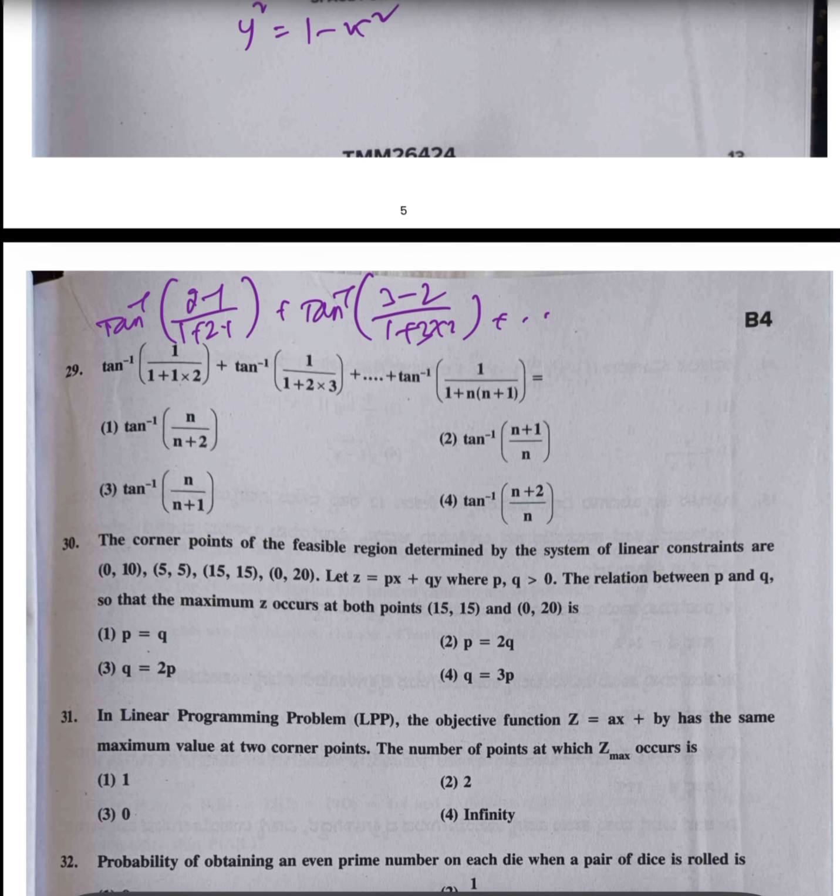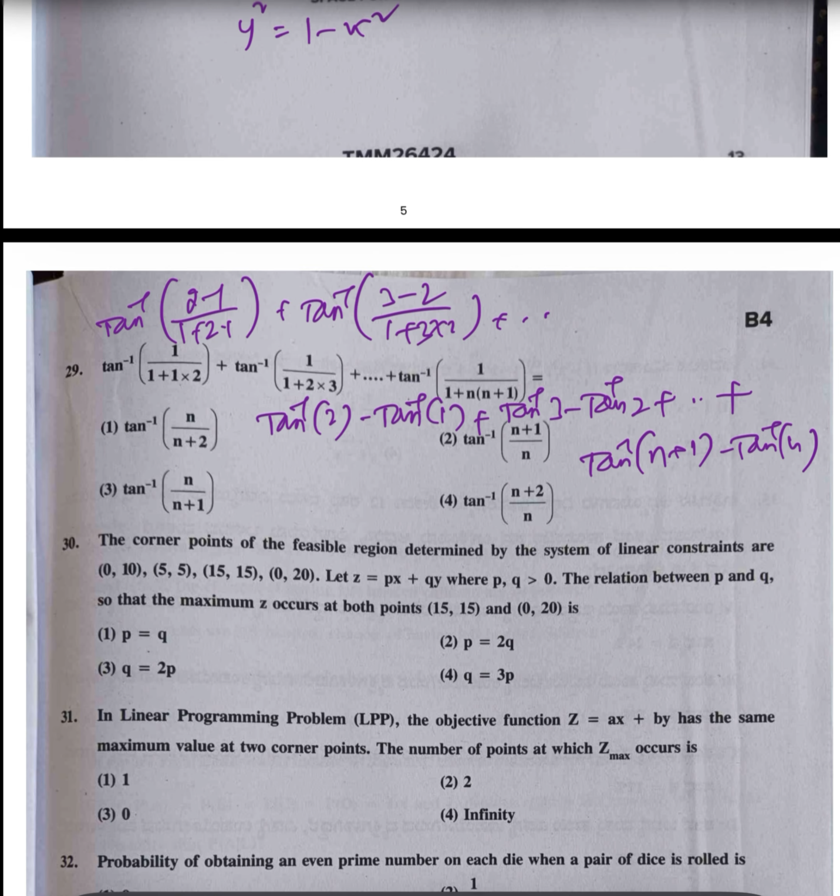By simplifying this, we'll get tan inverse 2 minus tan inverse 1 plus tan inverse 3 minus tan inverse 2, plus and so on, plus tan inverse of (n plus 1) minus tan inverse of n. So by seeing this, tan inverse 2 minus tan inverse 2, tan inverse 3 minus, like that, if you cancel, here we'll get tan inverse of (n plus 1) minus tan inverse of 1, so